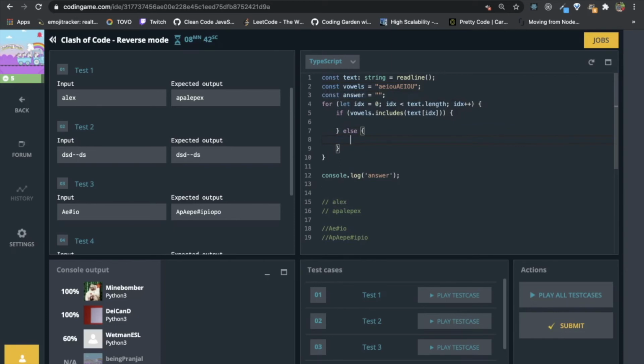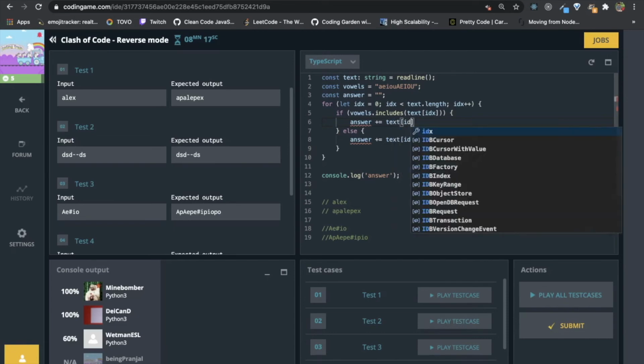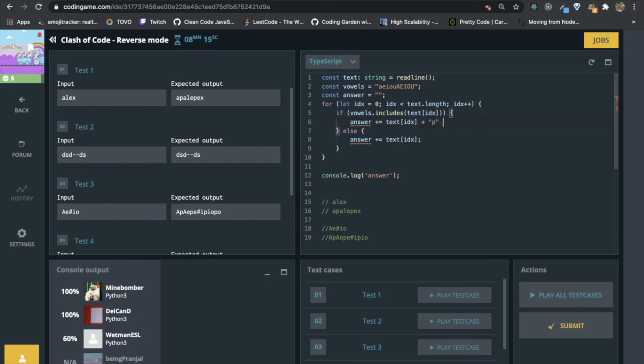If it is not a vowel, we just append it, so answer plus text at index. But if it is a vowel, then it's quite fun: for example, a is a vowel, so we add text index plus p, then ap, and so on.